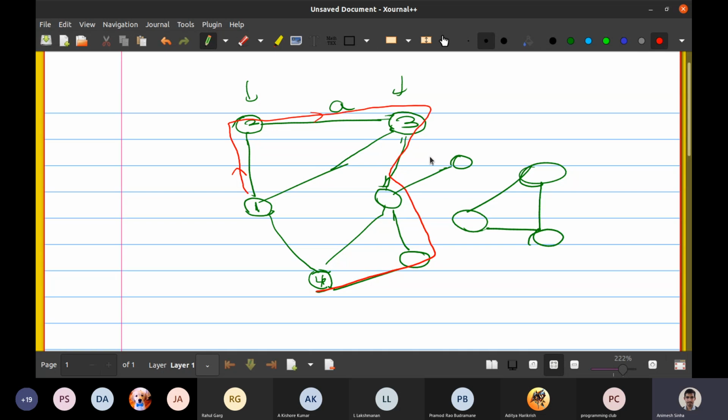Make a couple of nodes here and there. That's a separate path, right? You will have to break. That's not part of the same path. We're going to have to break. So this would be a different cycle. Let's color it in a different color. So there are going to be 2 paths, right? That's what you're trying to say. And there will be a third path for the other triangle. So there are going to be 3 paths.